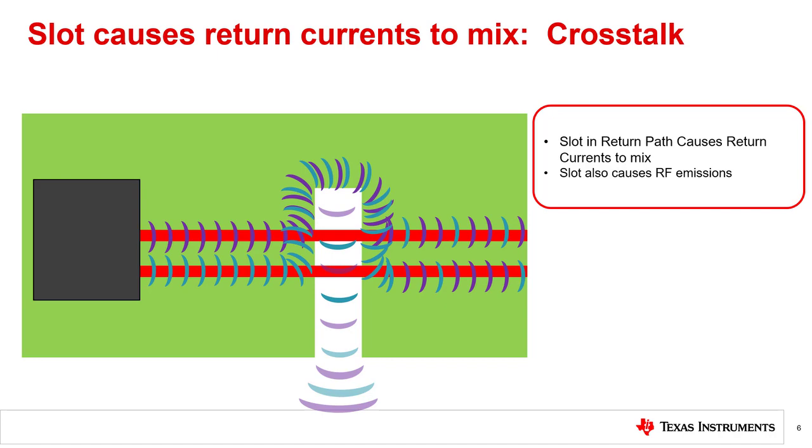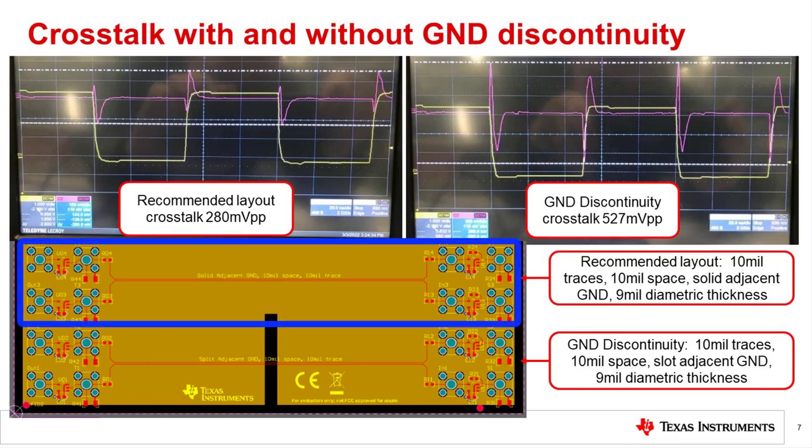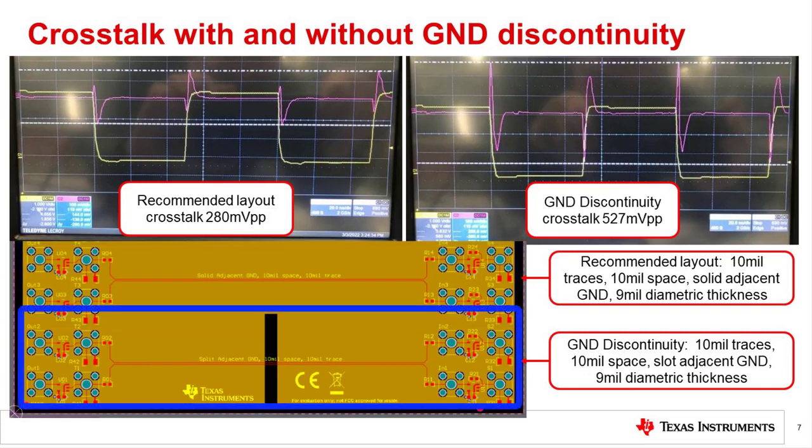Let's look at some measured results. This slide shows two different experimental results. For the first experiment, a 10 MHz square wave is driven on a line adjacent to a line driven by ground. In this case, both lines are above a solid ground return path. The second experiment is the same as the first experiment, except that the signals travel over a discontinuity in the